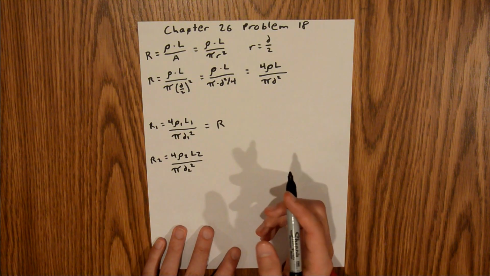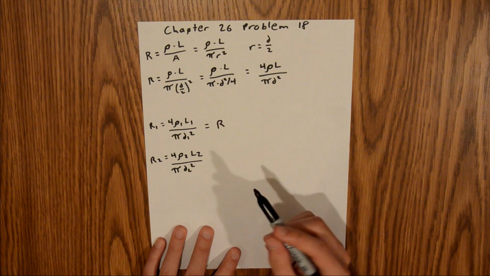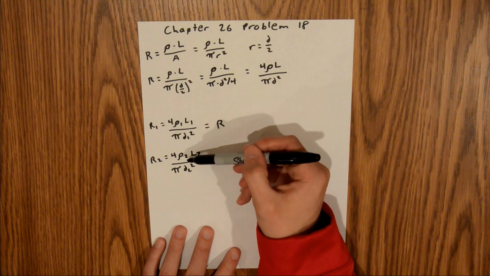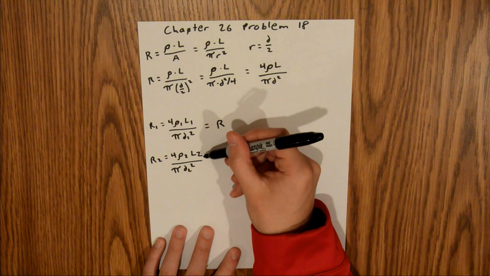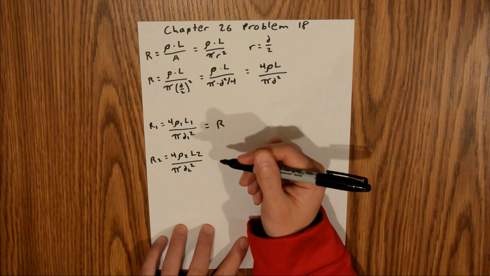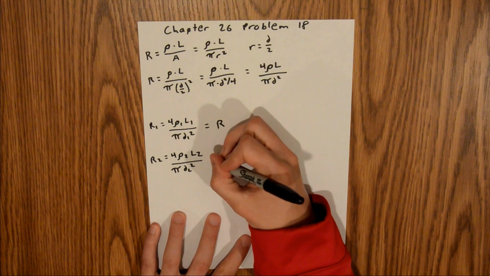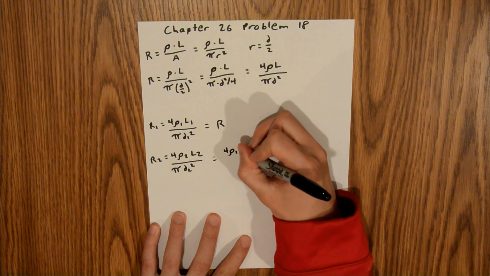And so we're told that wire 1 and wire 2 are the same material, which means that their resistivities are the same. So rho 1 is equal to rho 2. We're told that length 2 is equal to half of length 1, and we're told that diameter 2 is equal to half of diameter 1. And so we can plug all of that in, and that's going to be equal to 4 rho 1 L1 over 2